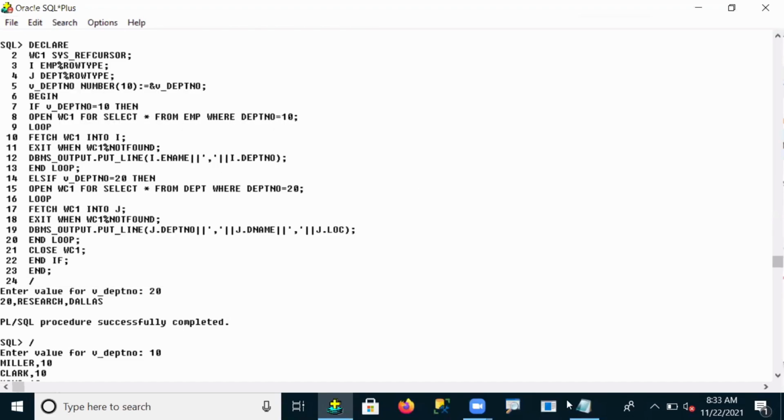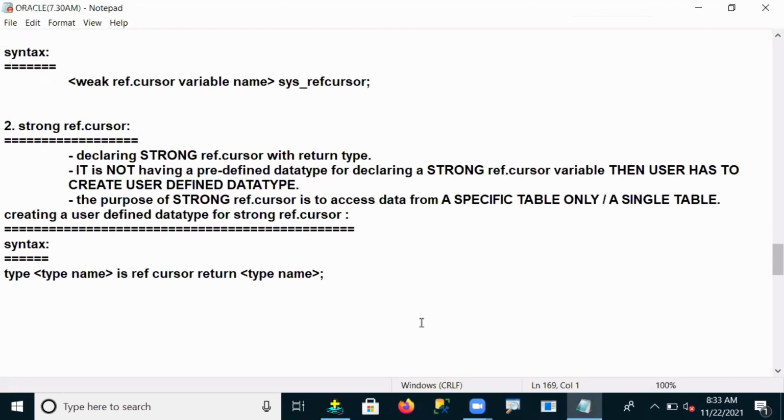So finally, what it was telling us: ref cursors are called dynamic cursors. When we are sending our request at a dynamic level, the select query request declaration, we are sending at a dynamic level. And the dynamic cursor's advantage is what? We can fetch the data from multiple tables.